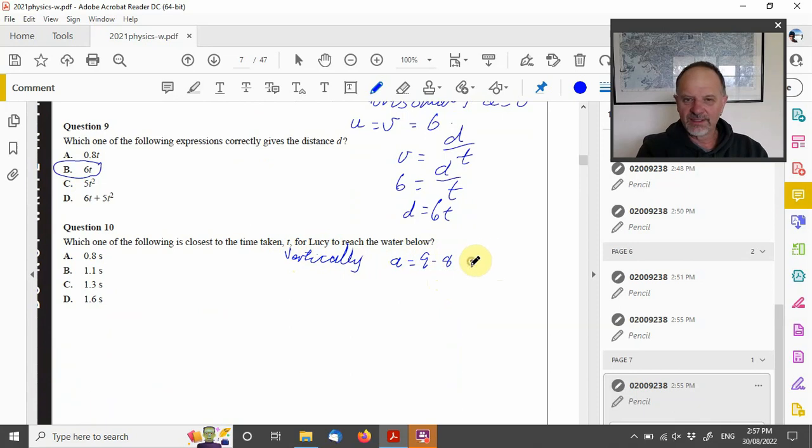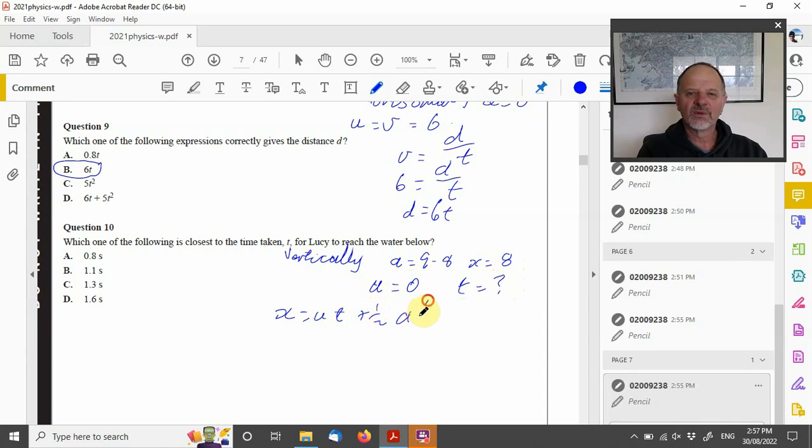We know that the distance she has to go is 8. Initially she's running horizontally, so the initial vertical component of her speed is 0, and we want to know the time. So if we use x equals ut